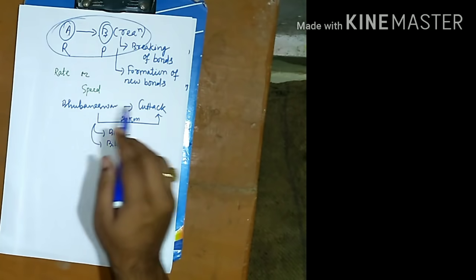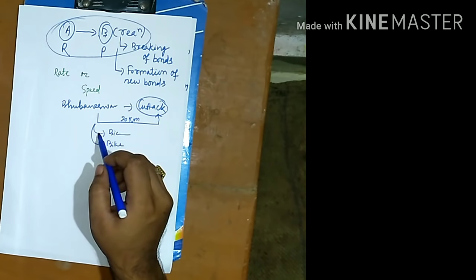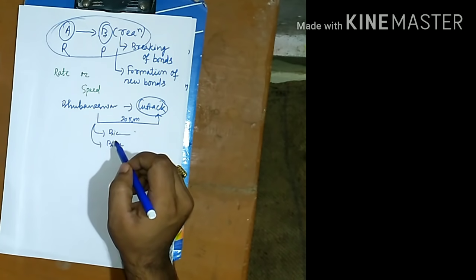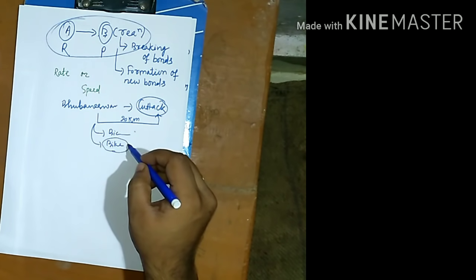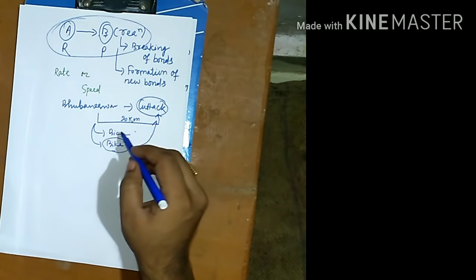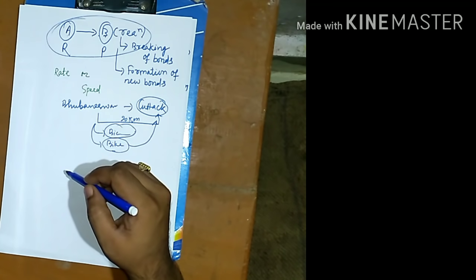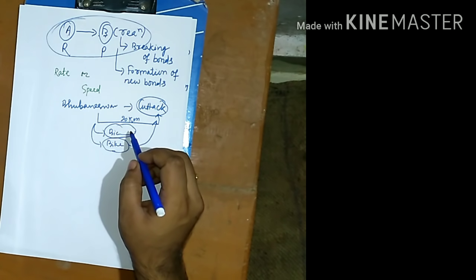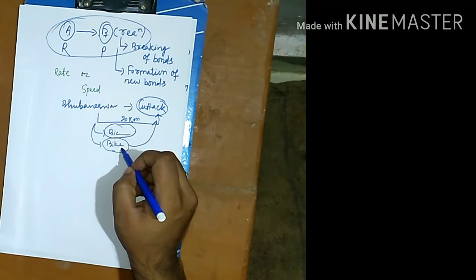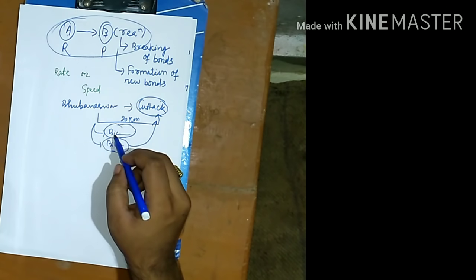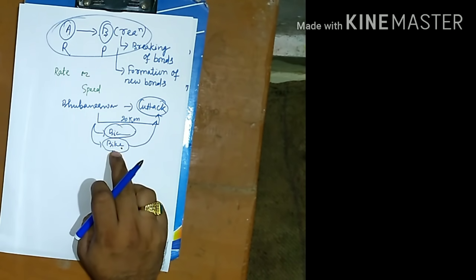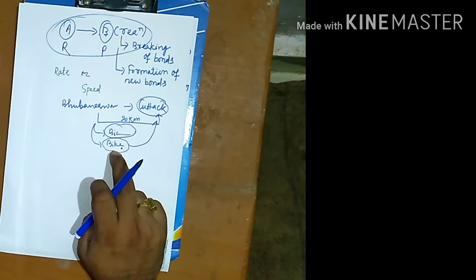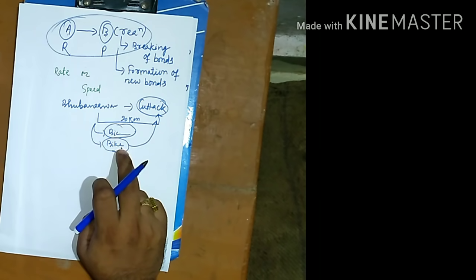I can say the destination is Cuttack. One is moving with a bike, one is moving with a bicycle. And you know that the person with the bike will reach earlier as compared to the person with the bicycle. This is because the speed of the bike will be greater than the bicycle. Speed means how far the distance you are traveling with respect to time.